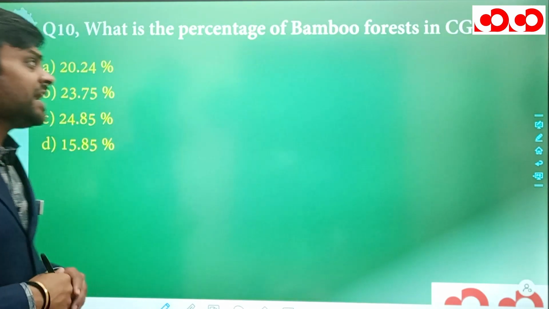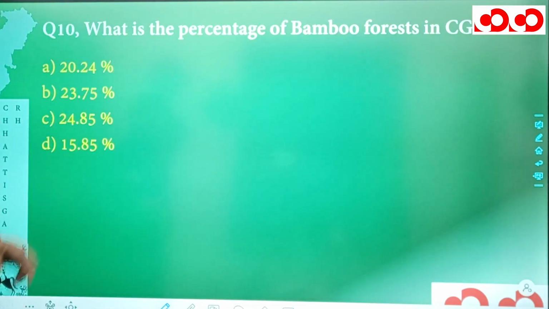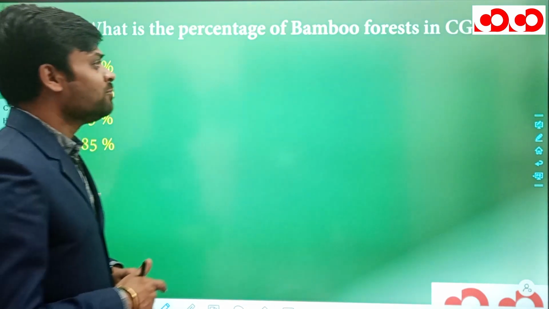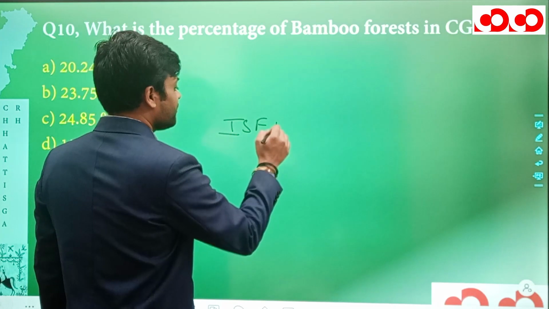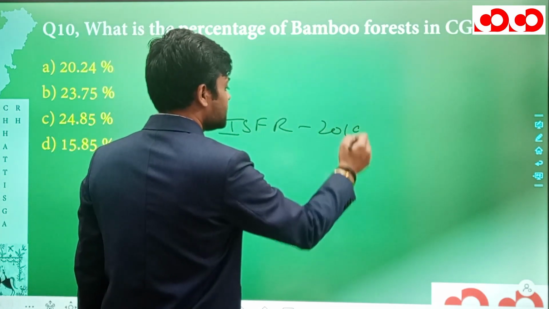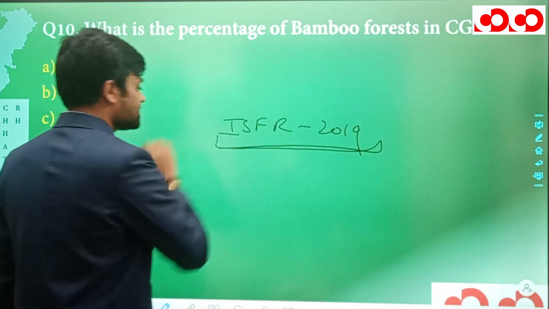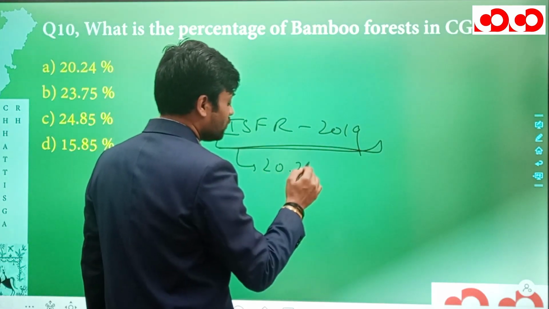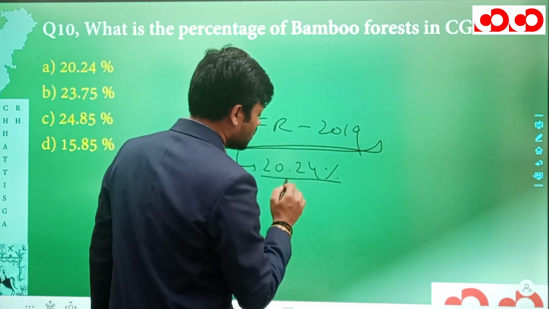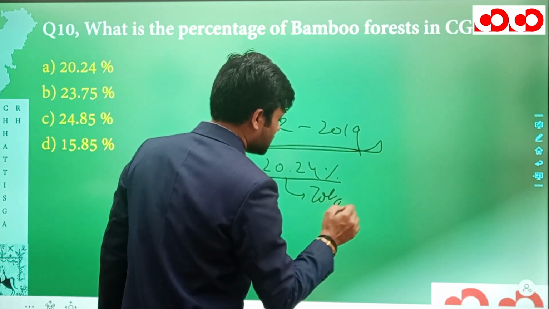Now finally we have our 10th question. And in the 10th question, we have, what is the percentage of bamboo forests in Chhattisgarh? According to ISFR 2019, the bamboo forests in Chhattisgarh actually account for 20.24% of the total